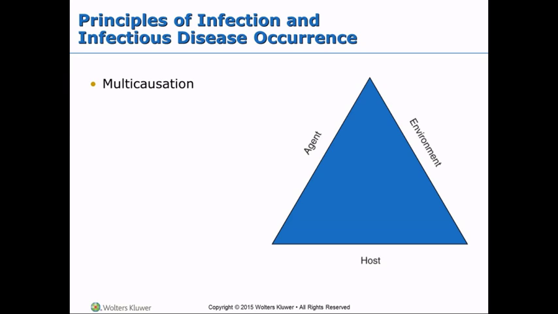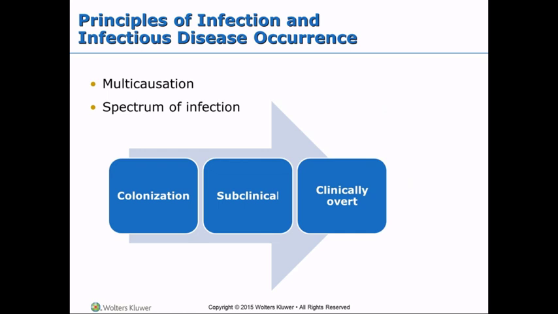When an agent does infect a human host, 3 levels of infection occur. This is called the spectrum of infection. The first level is colonization. This occurs when the agent is present on the surface of the body or in the nasopharynx and multiplies its numbers without producing any identifiable evidence of a reaction in the person. Typhoid Mary is an excellent example of colonization. Typhoid Mary carried the typhoid